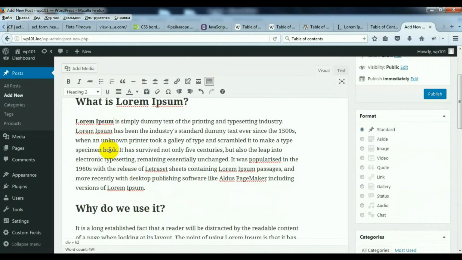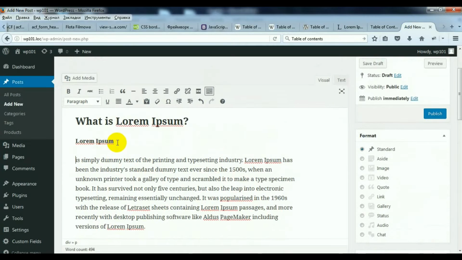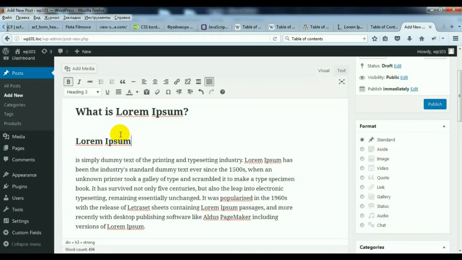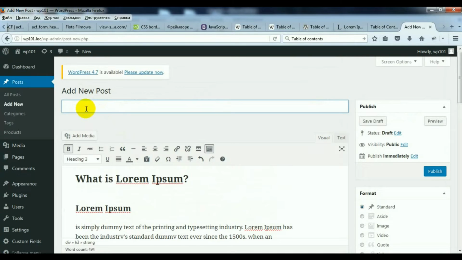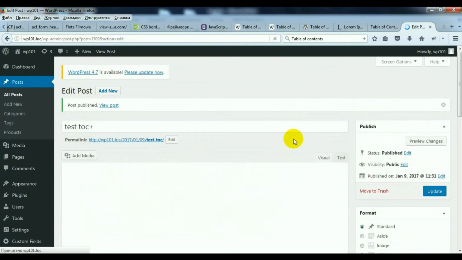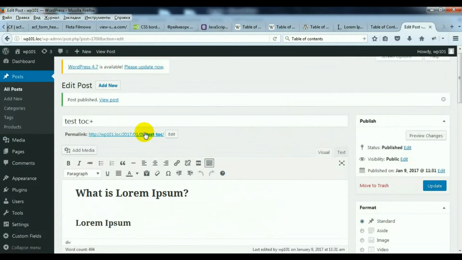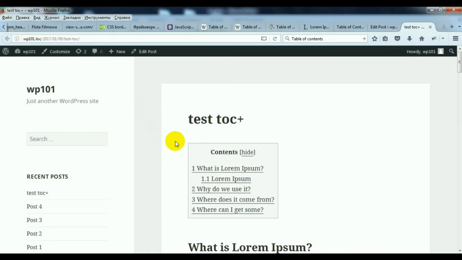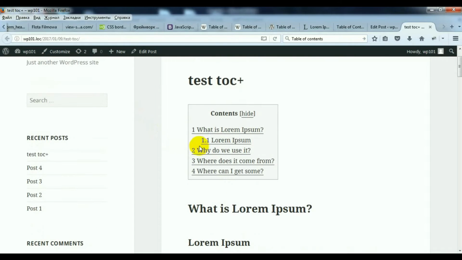For example, it can be a subheading at level 3. Publish. Now we should see how it works. Okay, so we see the table of content.